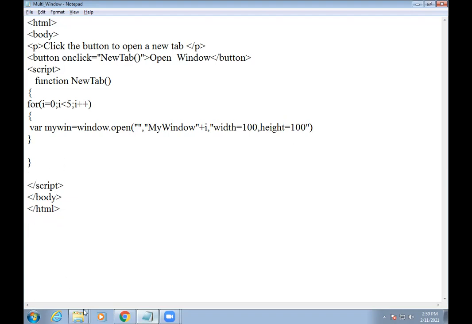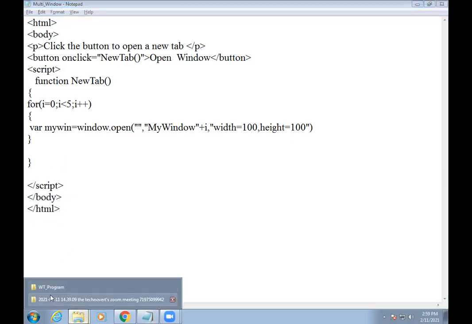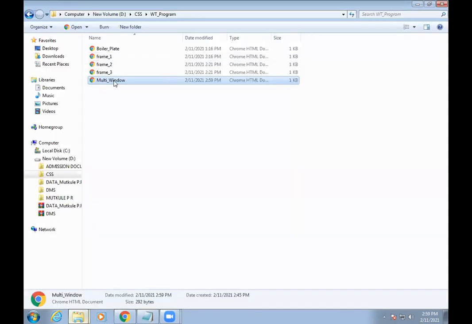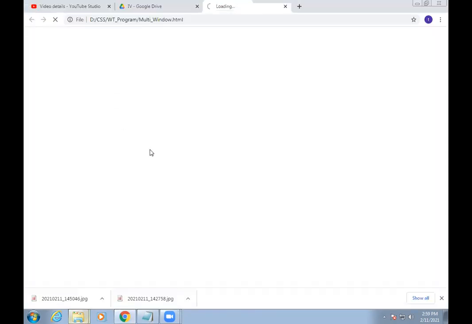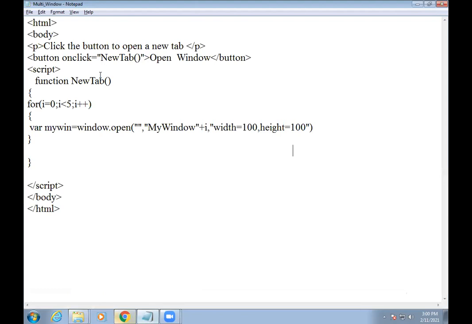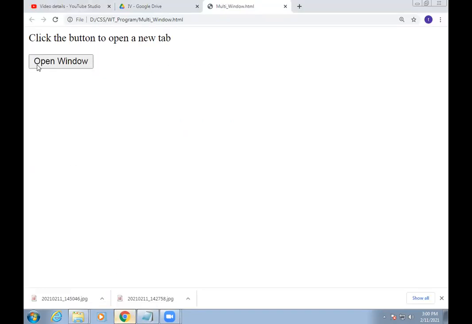Okay, let's save this code and run it. Multiple window is our file name. You can see the text: click the top button to open a new window. Our button name is open window. You only have to click on that button.